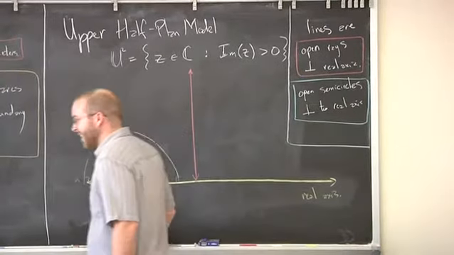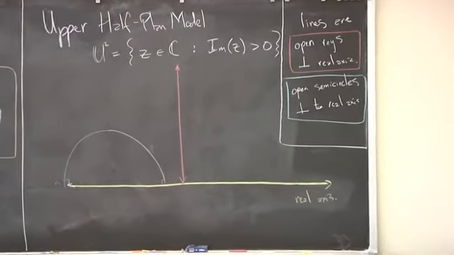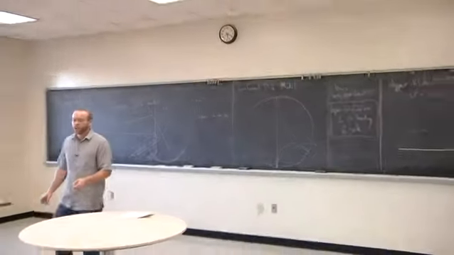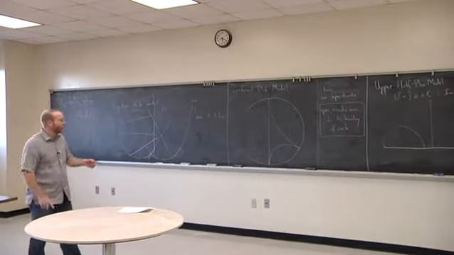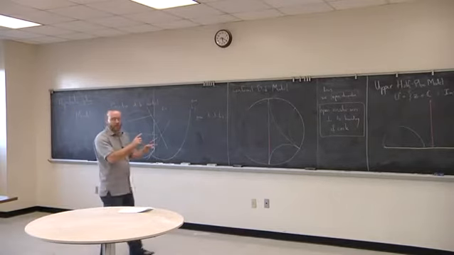Okay. These are three models, and towards the end of the talk, if we have time, we'll go over the fourth. But the fourth is a lot harder to draw, and I wanted you to actually start doing some geometry